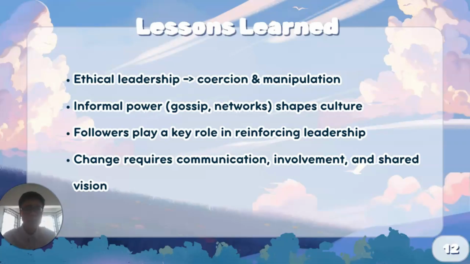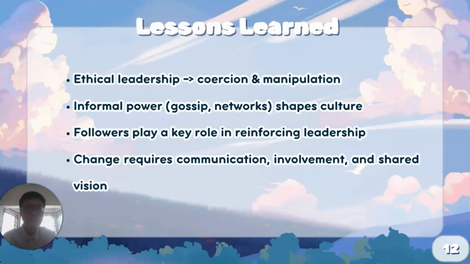Thirdly, followers play a critical role in reinforcing leadership. For example, Gretchen and Karen support Regina's hierarchy even when it's harmful. This shows that leadership is not just about the leaders, it's also about how followers respond and conform.